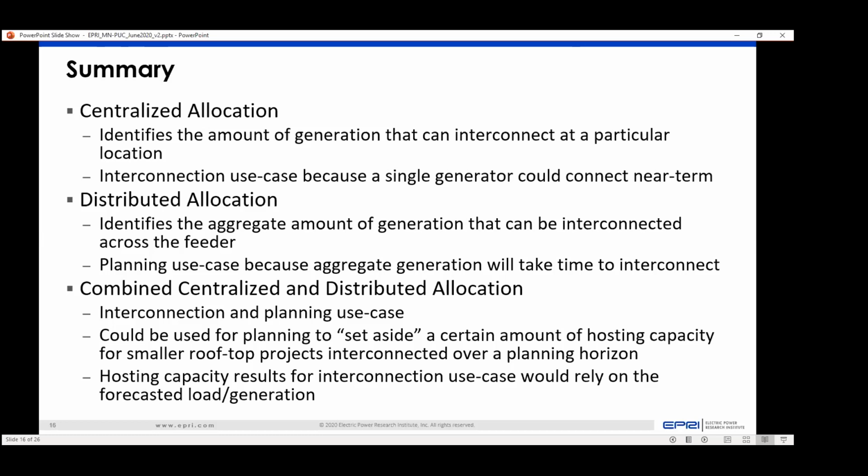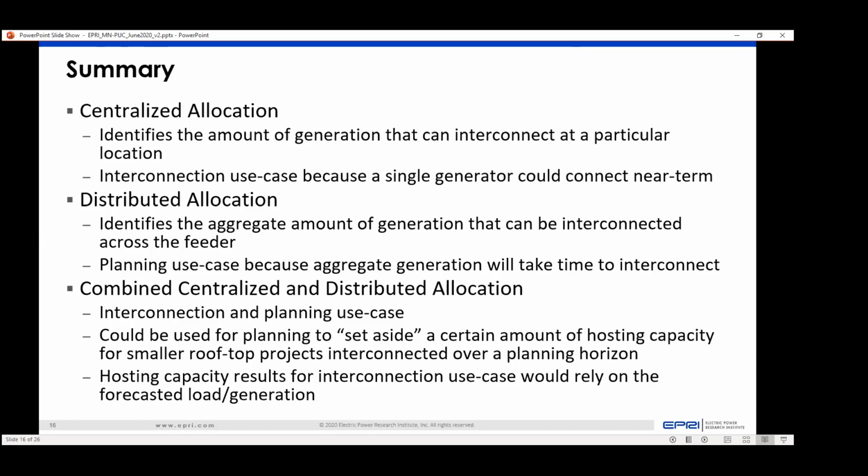So a lot of possibilities, and once again, I'll say this is an evolving area. It's evolving to say, well, there could be other forms of analytics in the way that the allocations are divvied out across the feeder. How many different allocations are considered? If you were to combine distributed and centralized, you could look across many different, even stochastic-based allocations. Maybe it's a focus on 1 megawatt in the future on a feeder, but you want to consider 1,000 different ways that different customers could have been